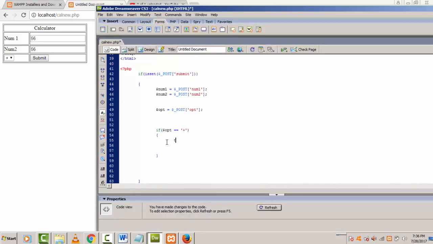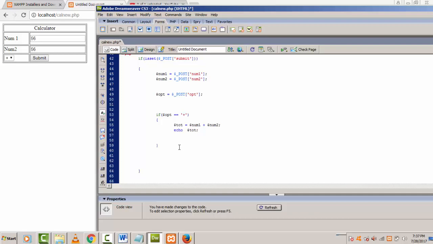Total, I'm going to create a variable total, equal to, for the plus mark, both values will be added. So number 1 plus number 2, both variables should be added, and I'm going to echo tot. This will be added and passed to the variable tot. If you call this one, it will be printed. Okay, else if the user selects